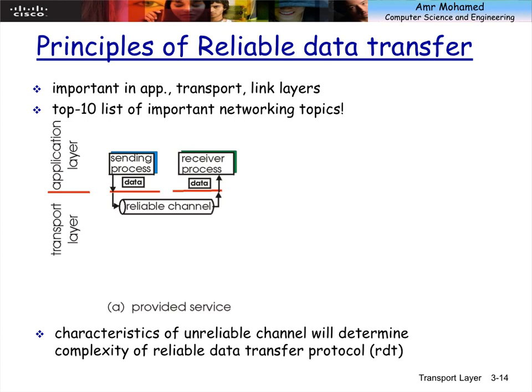Currently, the internet architecture uses best effort for the network layer and uses some kind of data reliability in the transport layer. That's why we discuss reliable data transfer as part of the transport layer. But that doesn't mean that this is the only layer where you can provide reliable data transfer. Reliable data transfer is just a concept that you can provide in any layer depending on your network architecture.